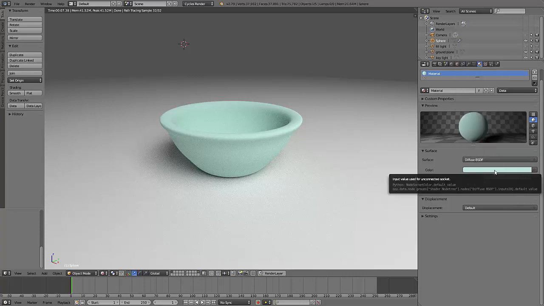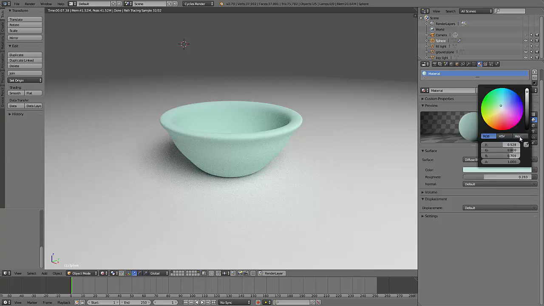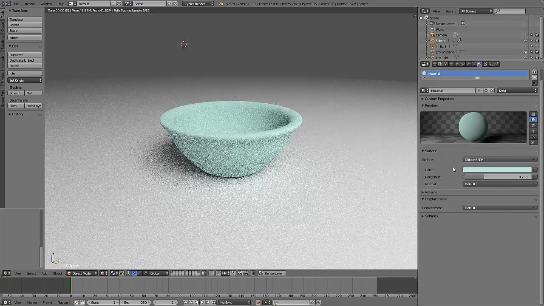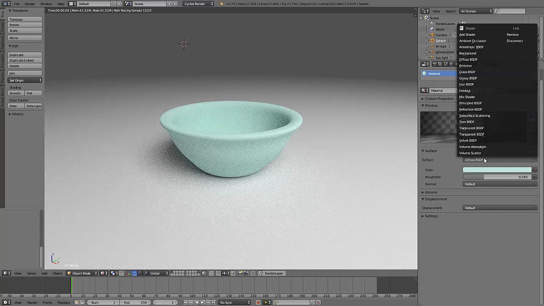And one thing I want to show you is, if I have a color that I like, when I change the shader I'm not going to have that color. I have to find it again unless I copy the hex code right here, and this is it. So I'm just going to click once on hex right here, and do a Control-C to copy that. And then when I get rid of this or change it, I'm going to click on the diffuse shader and